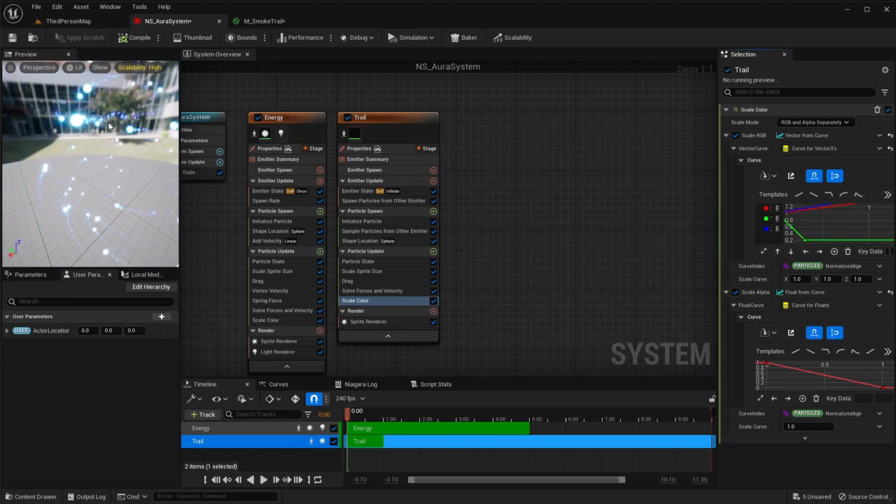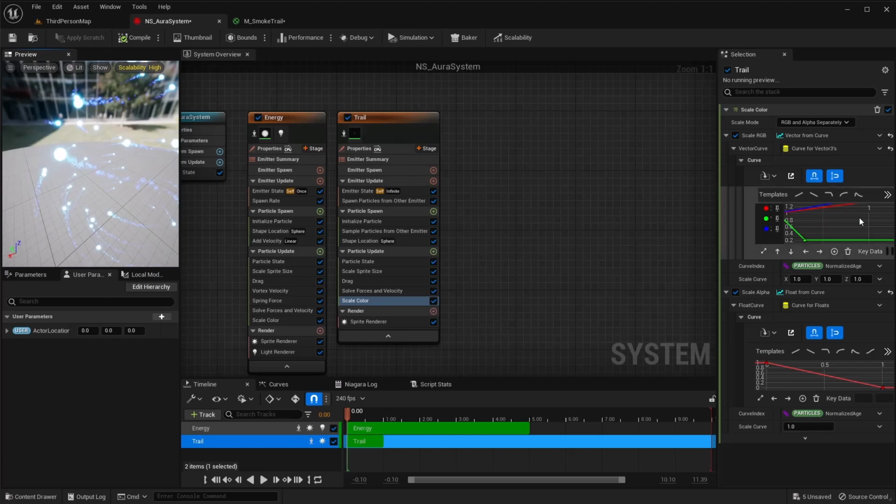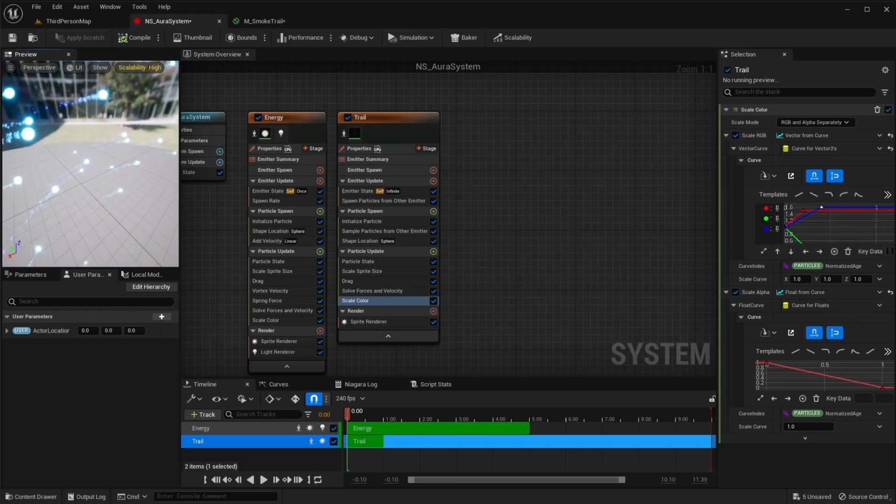And you can just play with this to get it to look like what you want. And maybe I'm waiting too long to get it to change. But for now, I'm going to leave it like that. This darker blue on the back going to this lighter blue. I think that looks good.